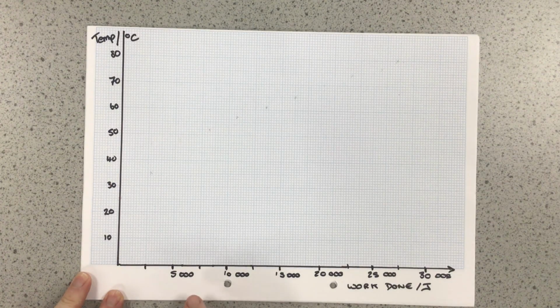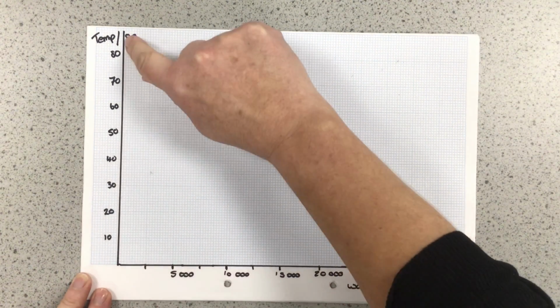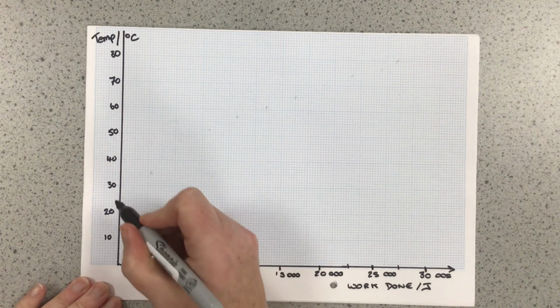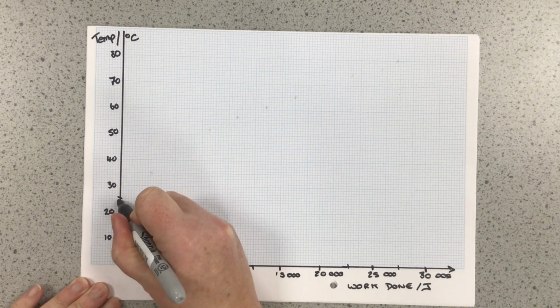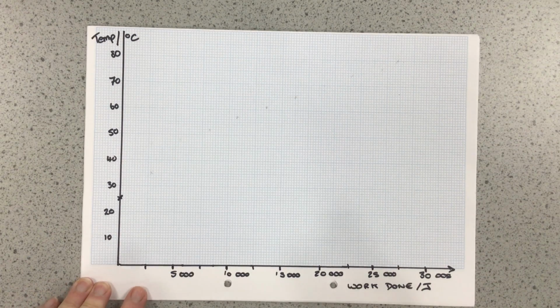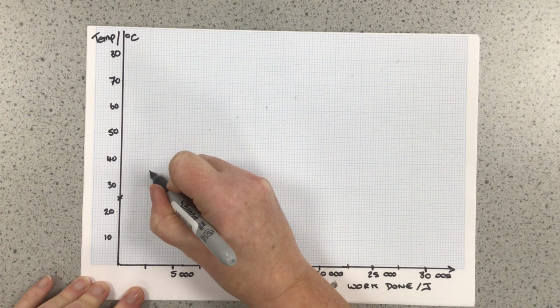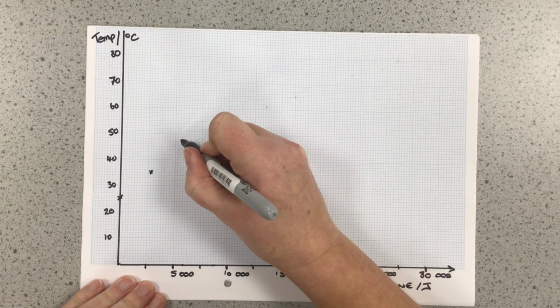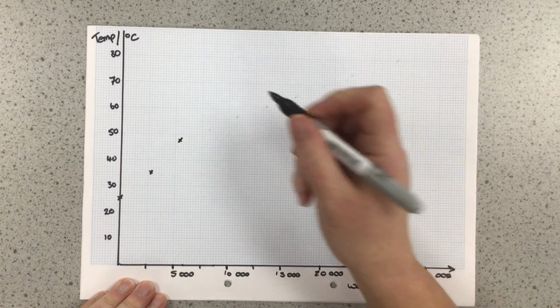Let's have a look at the graph we've got to draw. On the x-axis is work done, and it goes up 5,000, 10,000, 15,000, 20,000, 25,000 and 30,000. And then on the y-axis we've got temperature in degrees Celsius, and that goes up to 80. So our starting value was 25, which is here at 0. And then we went up to 35 degrees. The next one was 48 degrees, here 52,